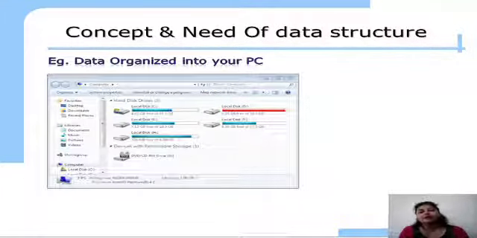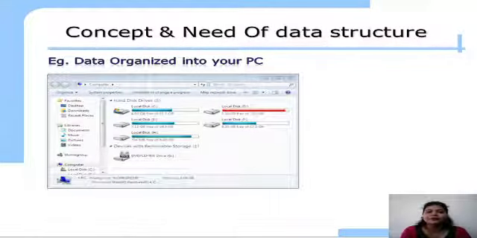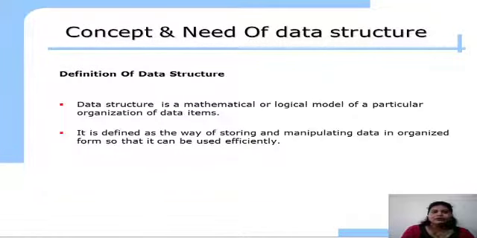If after 2-3 months you don't want that movie, or you want some space on your disk, what do you do? You search for that movie in the movie drive, and you delete the movie. So you are always performing different types of operations on the stored data in your PC. So this is actually the need of the data structure. You store the data in the structure so you can perform various types of operation on the data.